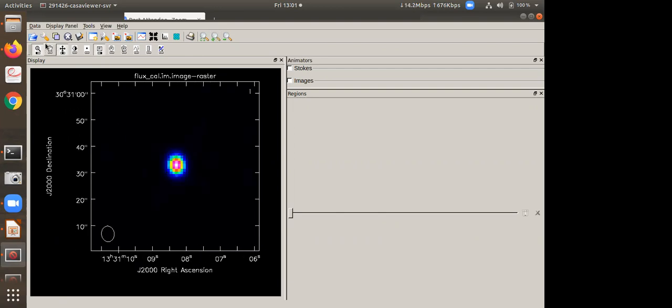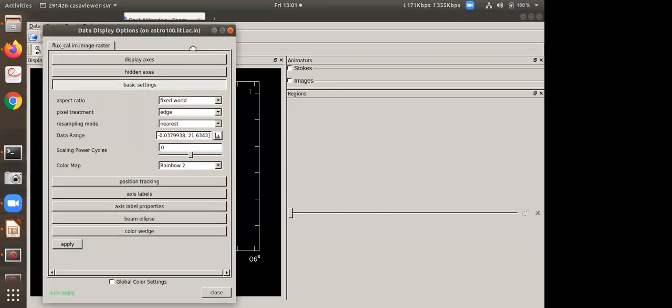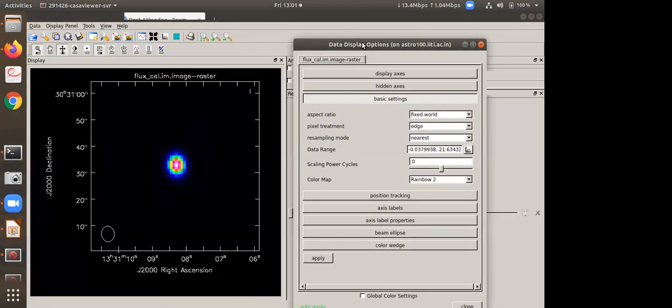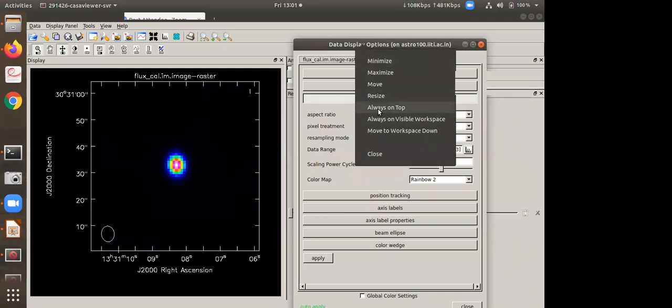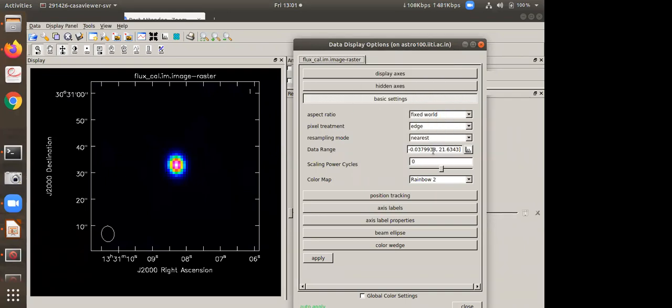Then you can click on this data display option. It will open up another window here. I just make it always on top. The first thing to change is the data range. It is more or less saturated, right? So that is why I am changing my data range.